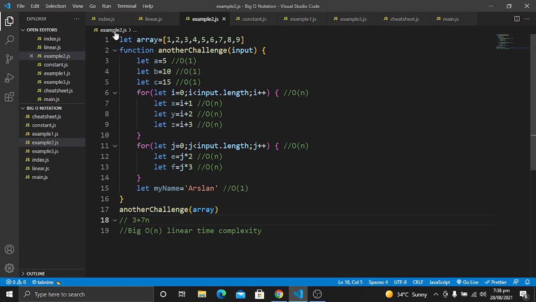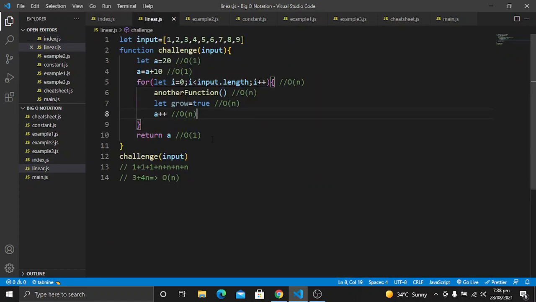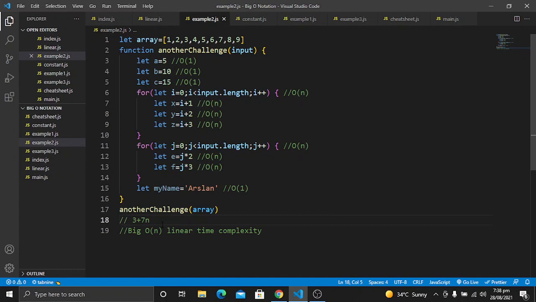But the rule of big O notation says remove constants. Constants are not our concern here. Why are these not our concern? I will tell you the reason.